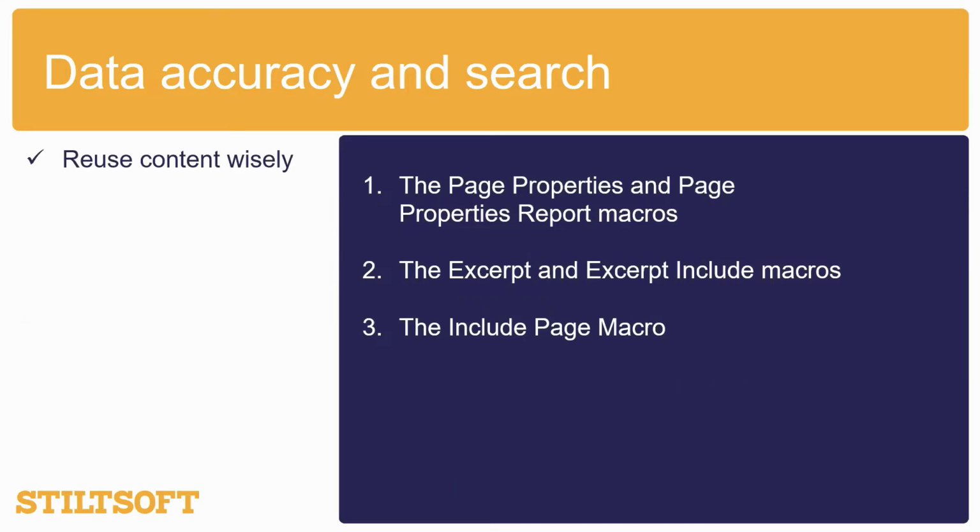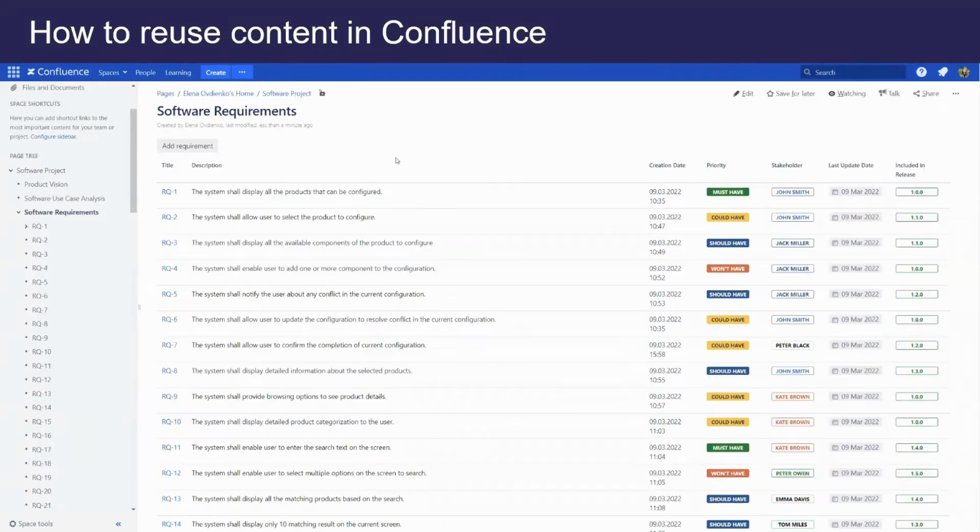First of all, you can use the page properties and page properties report macros combination, the excerpt and excerpt include macros and the include page macro. All of them are native Confluence macros. Maybe you're using them in your Confluence right now. And I'll show you how to boost your workflow with the help of page properties and page properties report combination